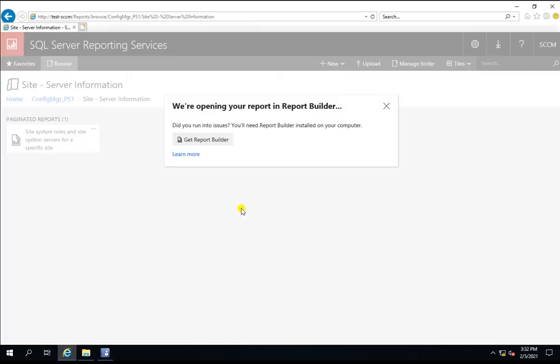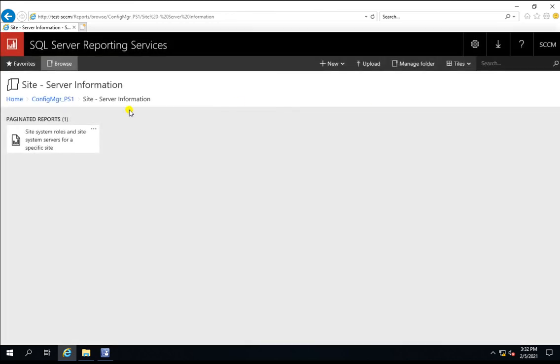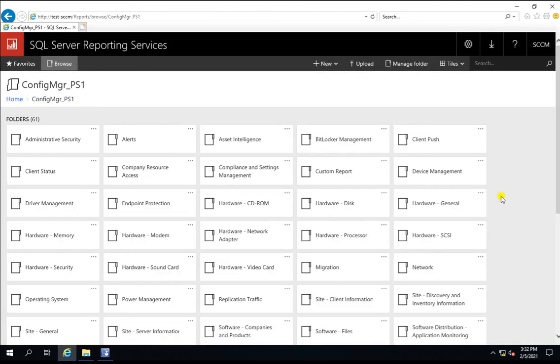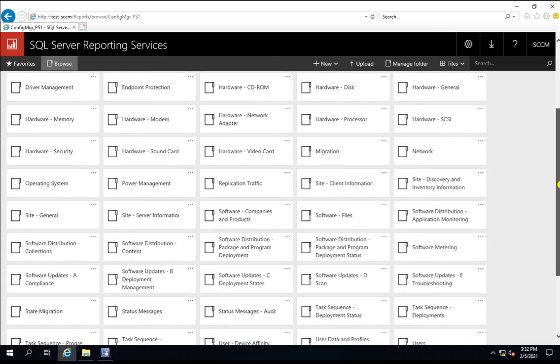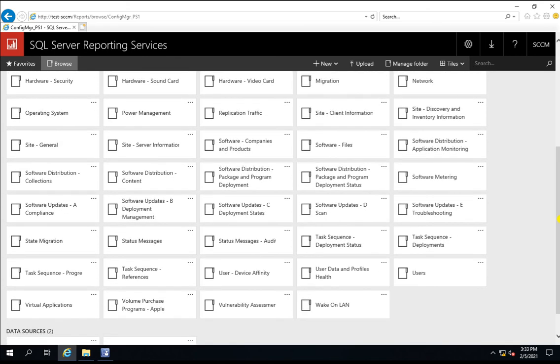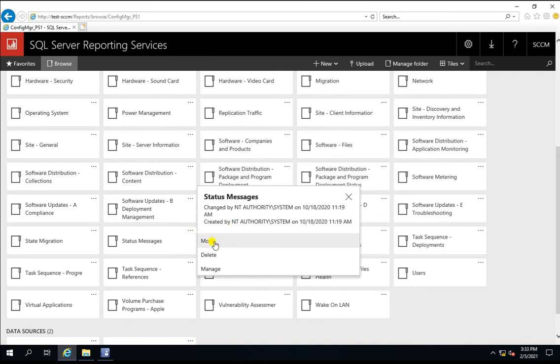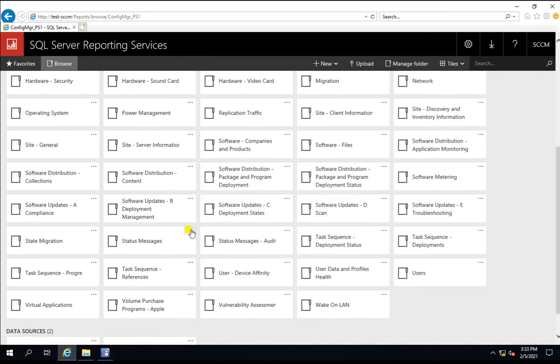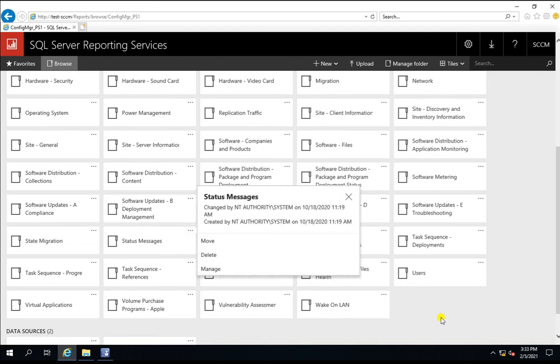Okay, let us take another example of how you can modify or how you can get the SQL query that Microsoft is using to fetch the data from SQL. Okay, so these were the site status. Let me go to the status messages.